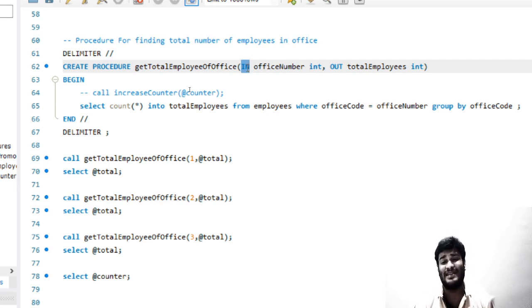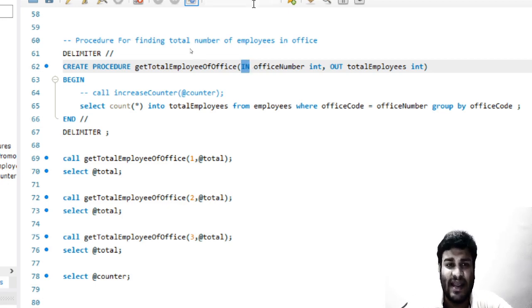If you are not able to understand it as of now, that is cool. When we do the practical work, it will become easier to understand. And the third kind of variable is INOUT. This is the combination of IN and OUT. It takes in the value and it also sets it for outer use.